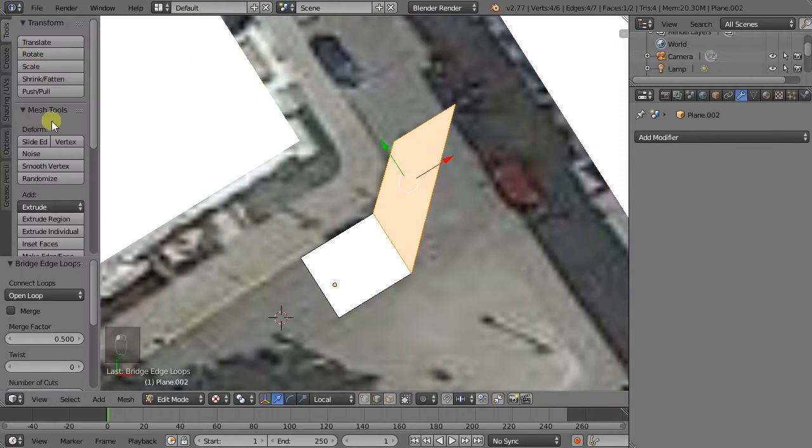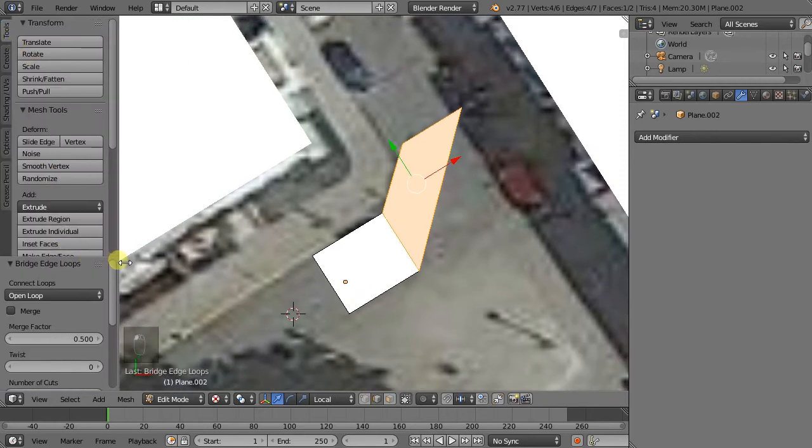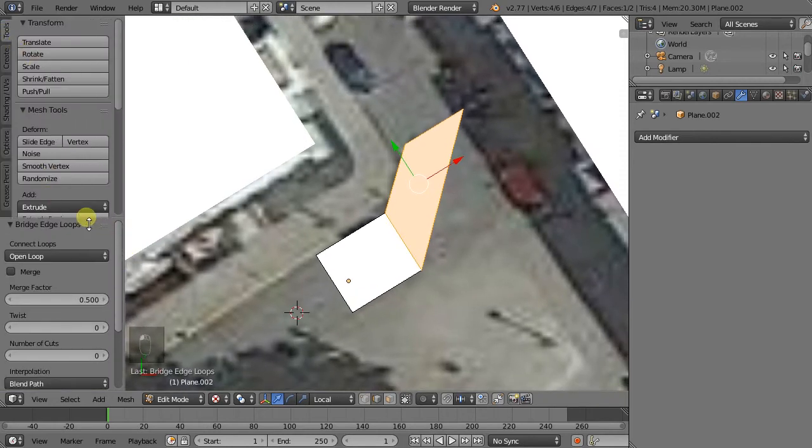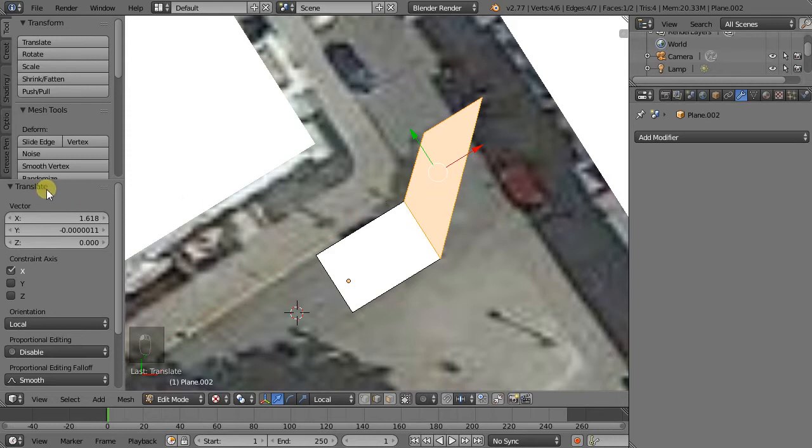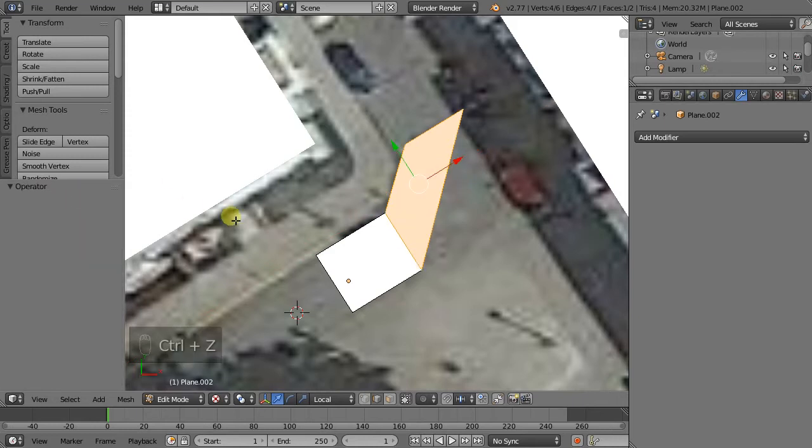So if we enlarge the tool shelf by either hitting the T or this plus button here, on the bottom of the tool shelf, we see Bridge Edge Loops. That is until we do something else, and then we see Translate. This gives us direct control to the previous operation that was executed. So now I did a transform and then an undo, and I cannot see any of it. So if I undo again,